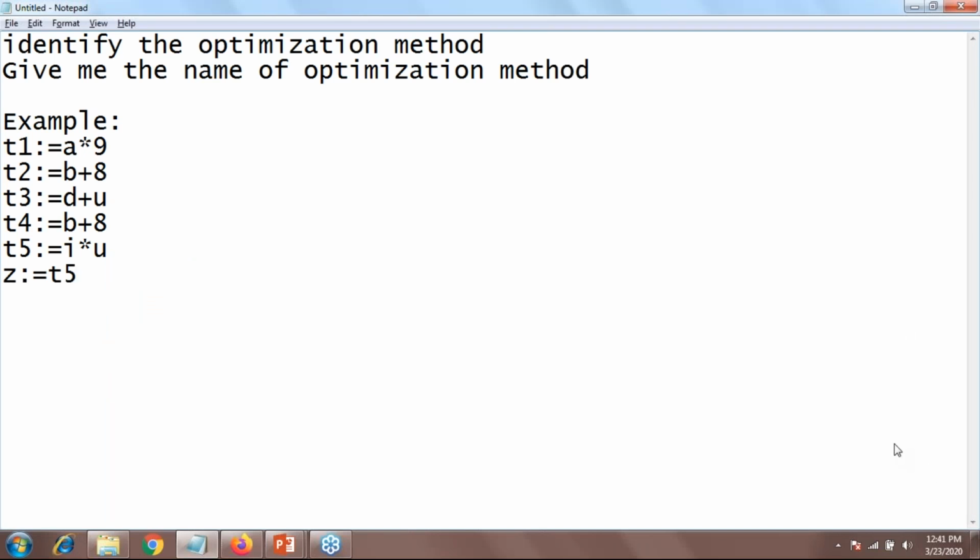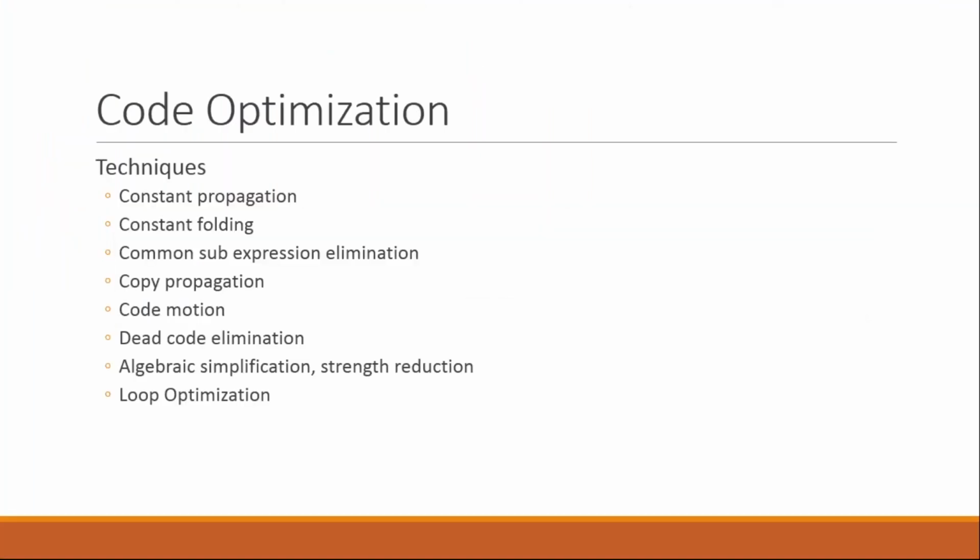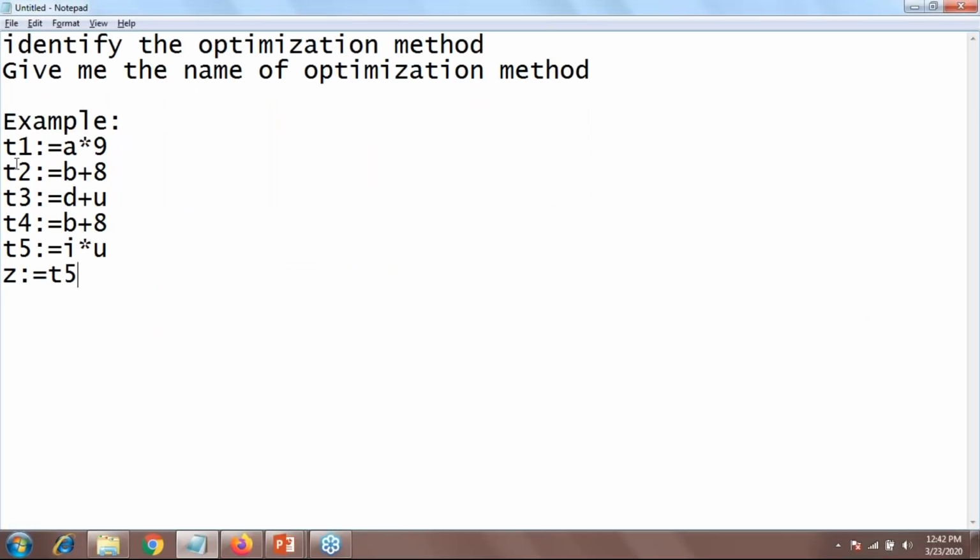Sub expression repetition, Heli, good going. Is she right or not? Common sub expression, yes. Hussein, good. Algebraic, no. Harsh. Okay, yes. Nisha, this is the common sub expression elimination methodology. How can you identify it?